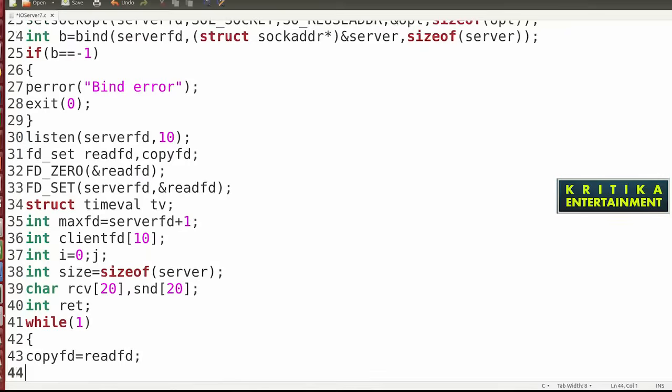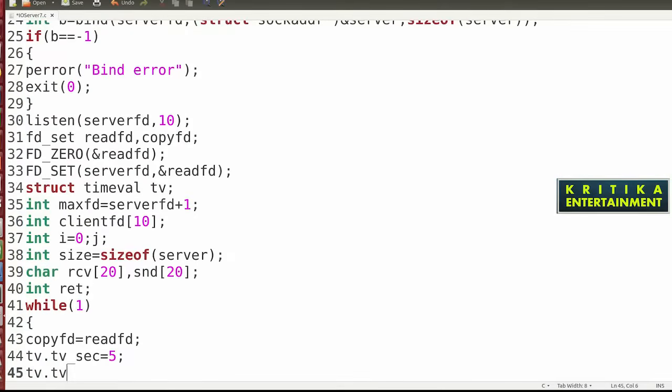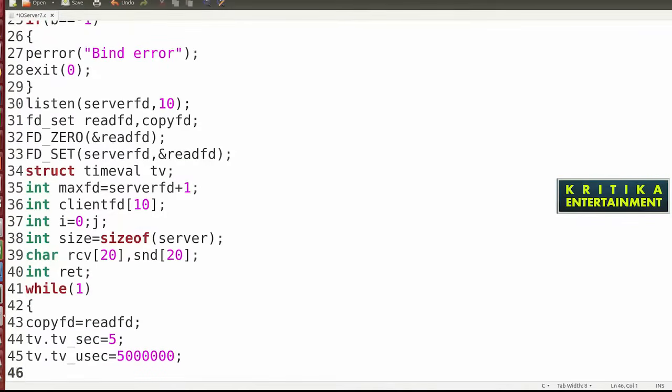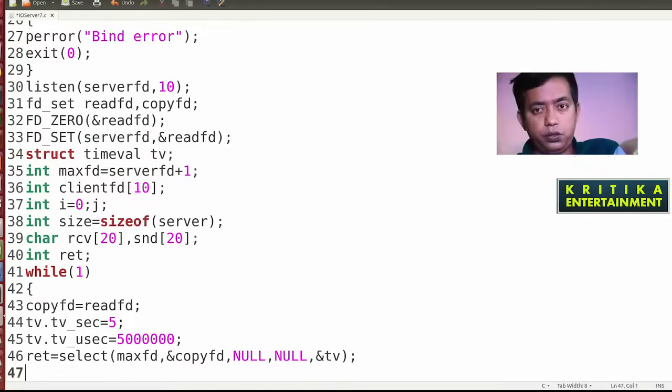Then tv underscore sec is equal to, suppose I give 5 seconds, then tv underscore usec is equal to 5000, meaning 5 milliseconds. Then ret is equal to select, then max fd, then ampersand copy fd, then NULL, NULL, then ampersand tv, so tv is passed.